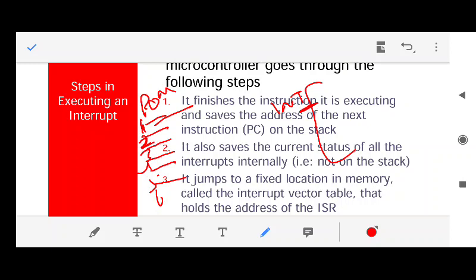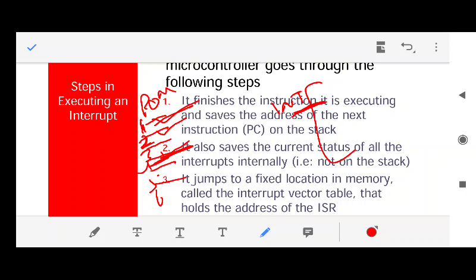Now the 8051 is executing this program. It has executed line number 1, line number 2, and as soon as it is executing line number 3, it has fetched this instruction and starts executing it. At this moment, an interrupt signal came onto the interrupt pin.